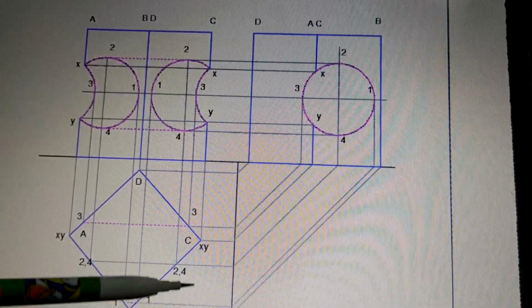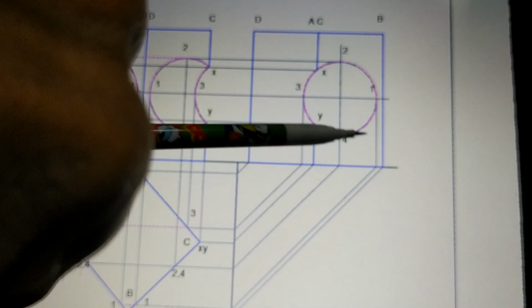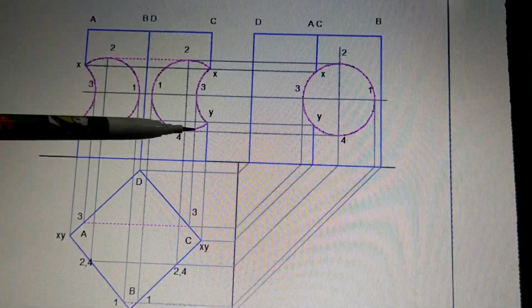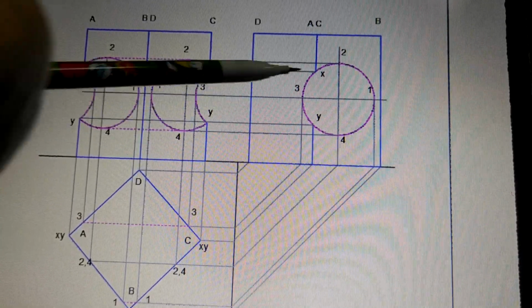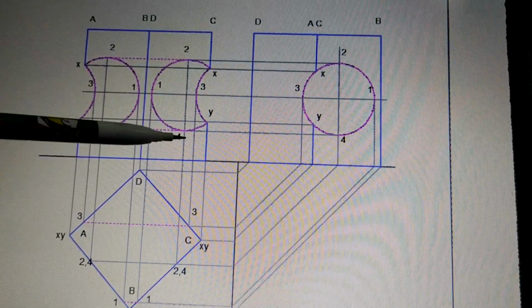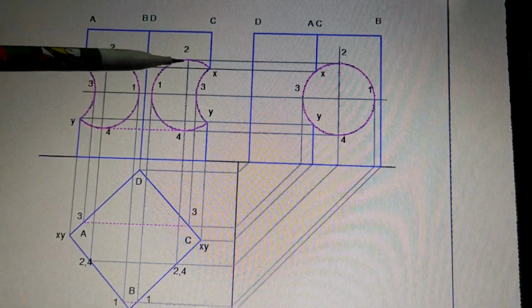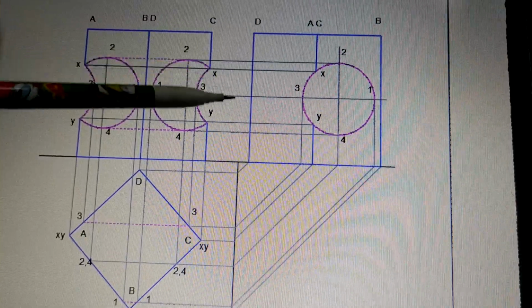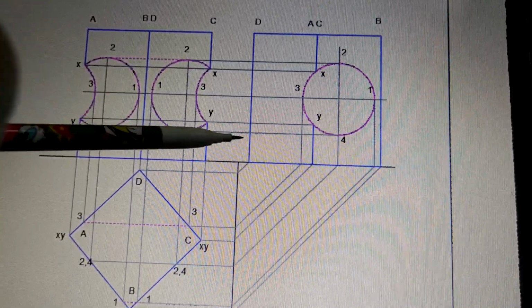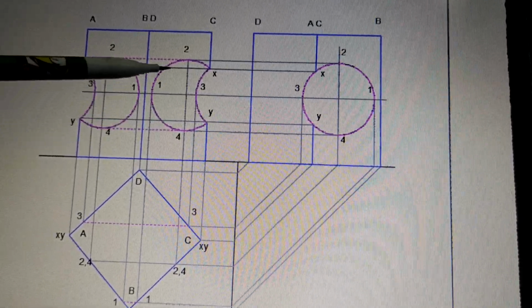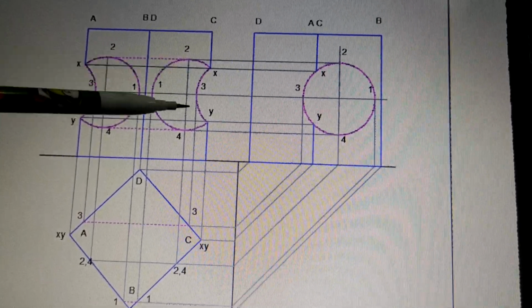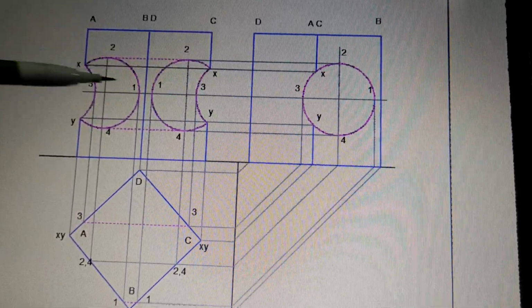So 2 to 1 and 1 to 4, see here, 2 to 1, 1 to 4, this is the front side of the cylinder, which is this 2, this is 1 and this is 4. So this part is the front side, and then 2x3y4 is on the back side of the cylinder. So if this is a cylinder here, then first you have to draw the cylinder and then draw this part dotted, this part dotted, this part dotted, and this will continue dark, dark and dark like that. So that is how the shape will come if this is a cylinder. Right now it is a hole. This is how it is drawn.